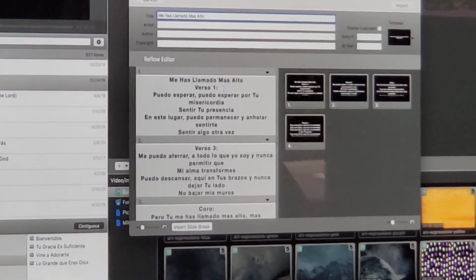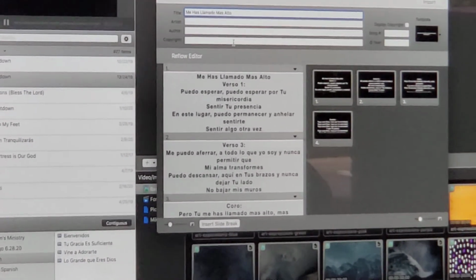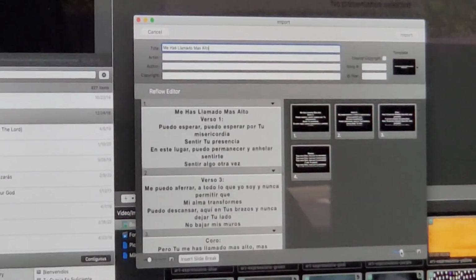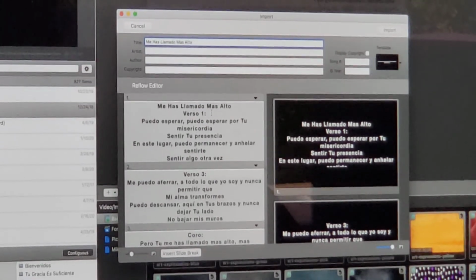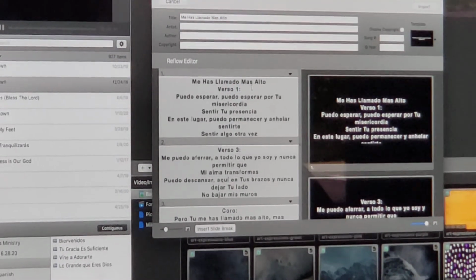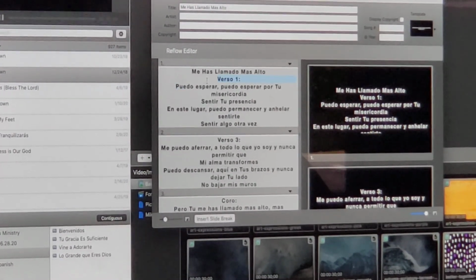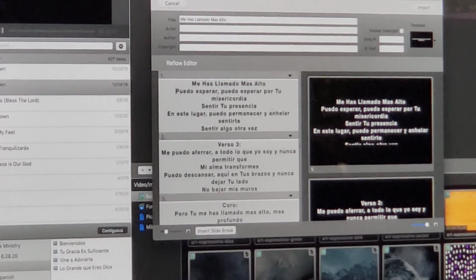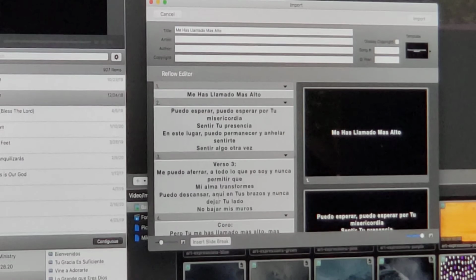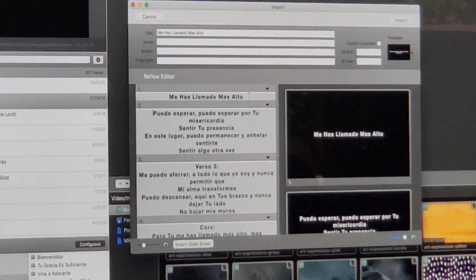So let's clean this up, okay? So first things first, I want to make this a little bigger so that I can see what I'm looking at. It's kind of hard to see. Next thing is I'm going to get rid of all the stuff that doesn't look right to me. Like I'm not going to put the verse 1 up for everybody to see. I'm going to break this up. So me has llamado más alto. First